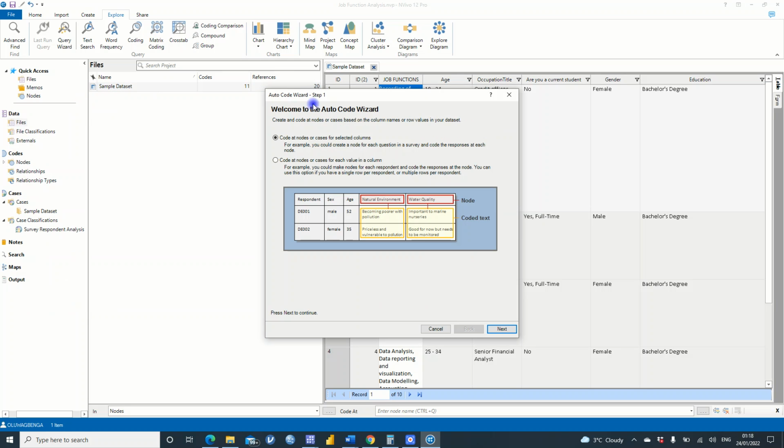So for auto code, we have two options. You can either code at notes or cases for selected columns, or you can code at notes or cases for each of the values in a column. Whichever method you apply is still the same. So let's try the second one, for each of the values. Click on next,